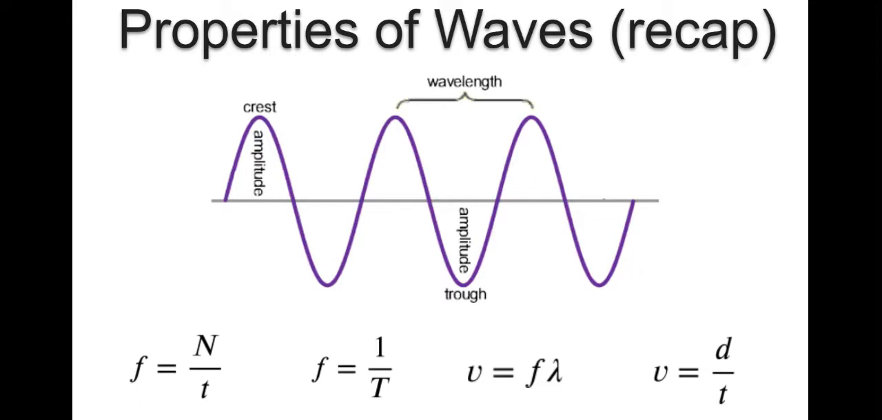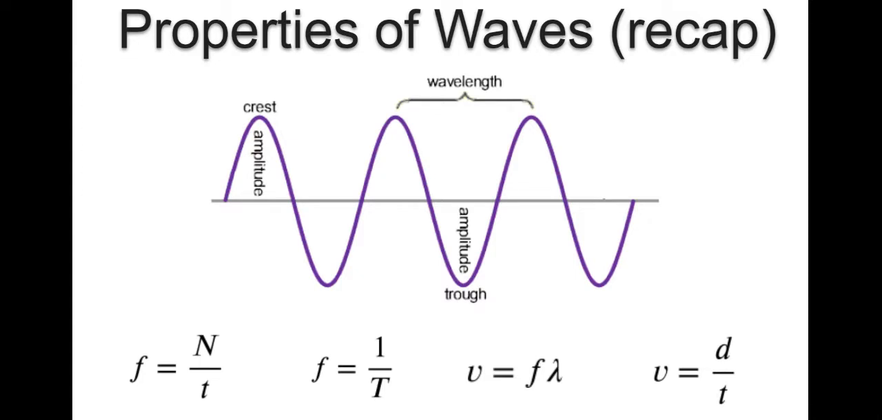Between the crests of the wave, or indeed between the troughs of the wave, is equal to 1 wavelength. The amplitude is the size of the disturbance of the wave, so from the midpoint up to the crest or from the midpoint down to the trough. And a few formulae as well. F equals N divided by T, which stands for frequency equals number of waves over time,